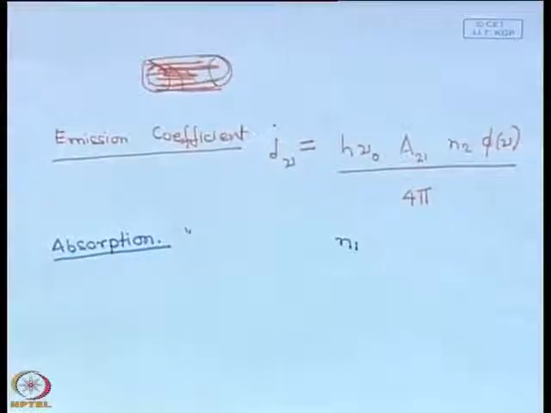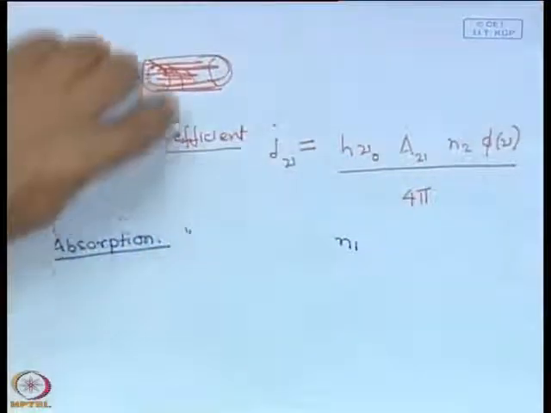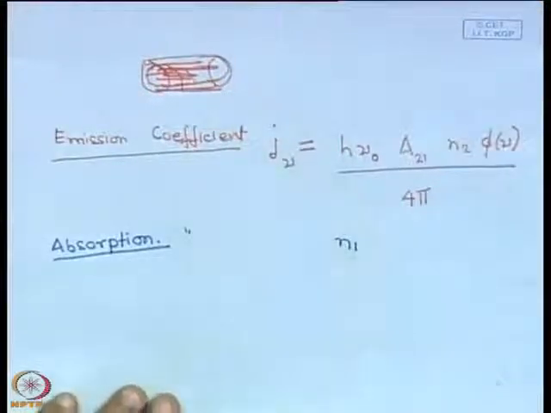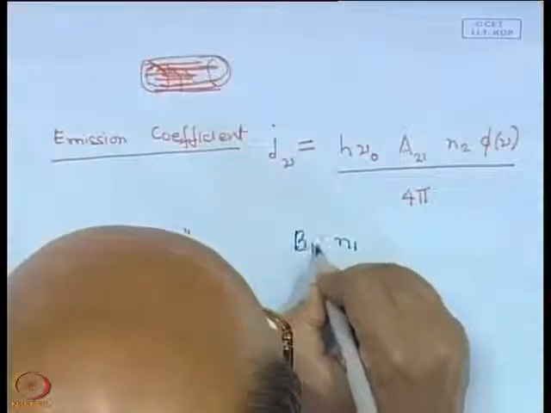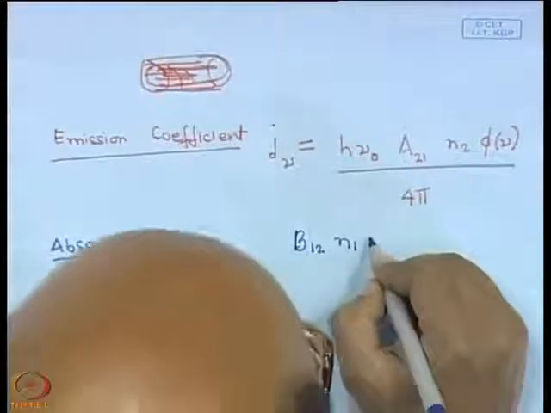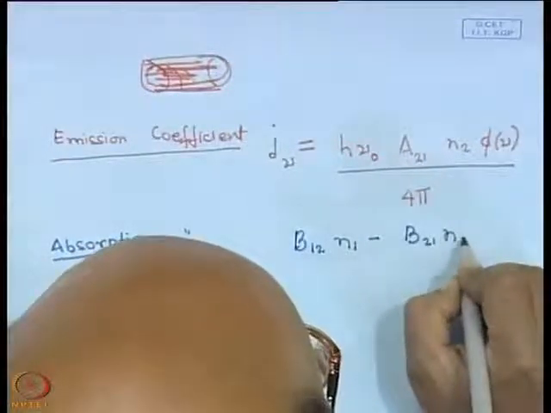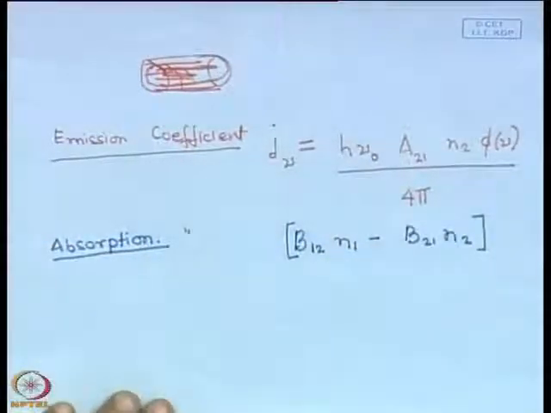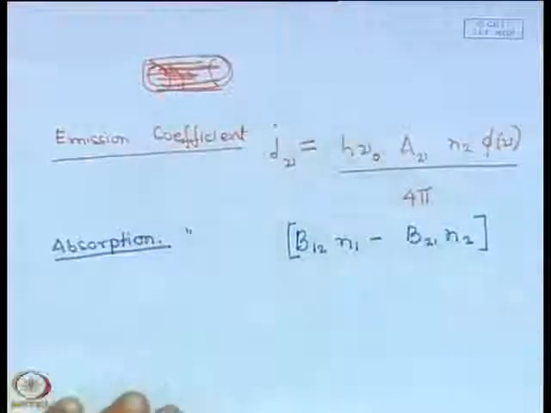So, the rate at which we have the excitations to the excited state, the rate at which energy is absorbed, or the number of transitions that occur per unit second, is this N1 into B12 minus B21 into N2, this into,